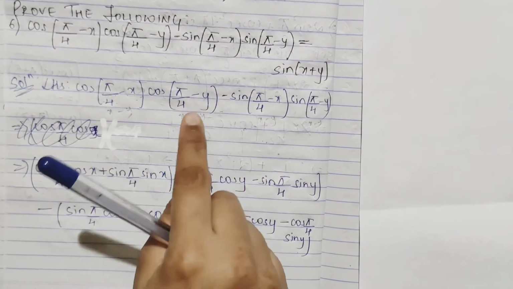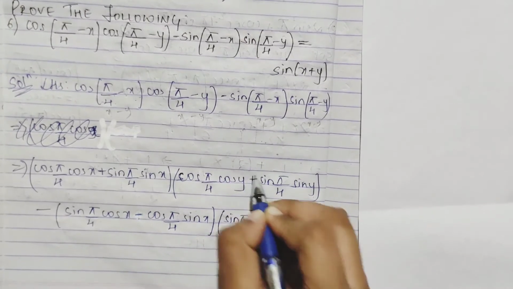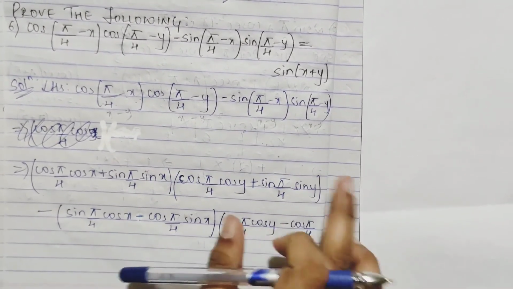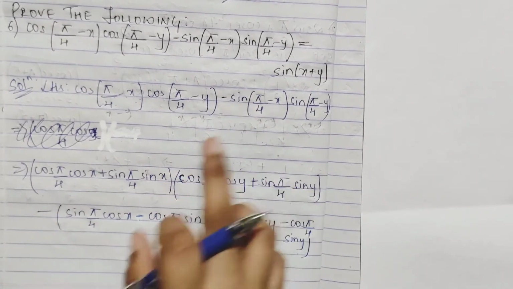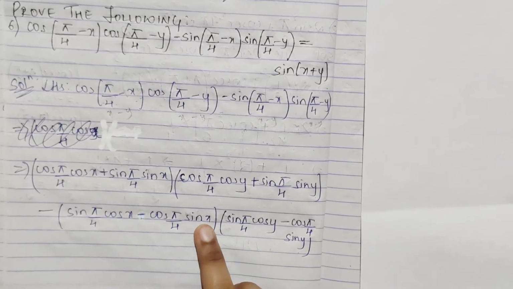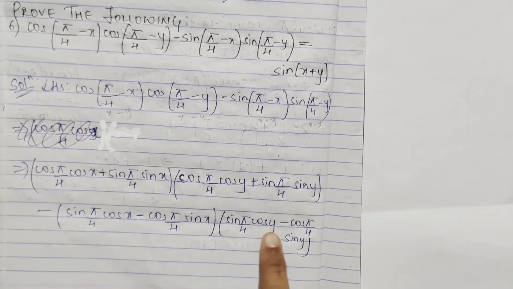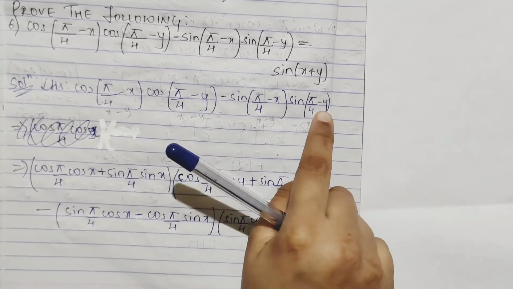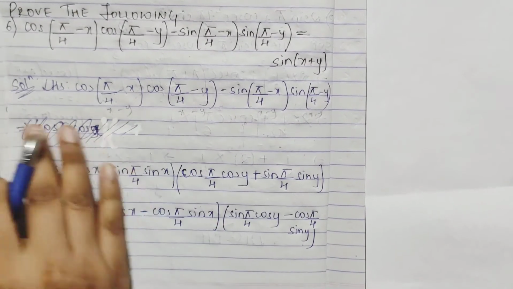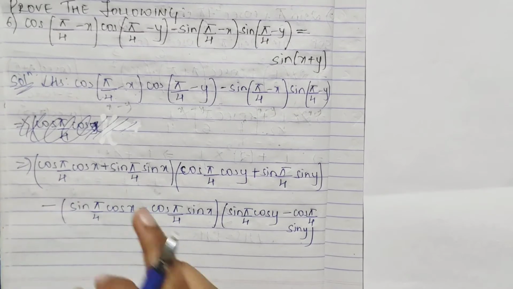Again into this is there, the same cos x cos y, this is plus sin x sin y, this form. Now minus, see I have written here because I don't have space, minus sin x cos y minus cos x sin y, in term. Again into this, sin x cos y minus cos x sin y. Here y is there. Okay, don't think I have made a mistake. This is it.